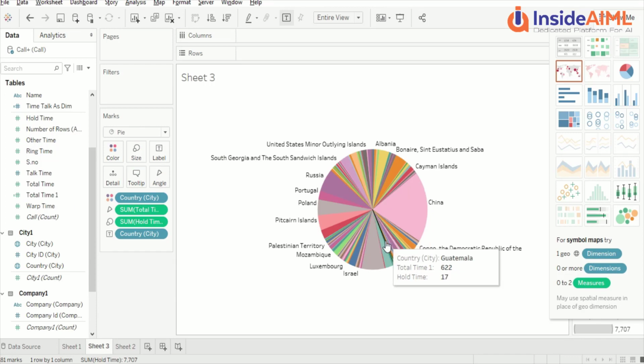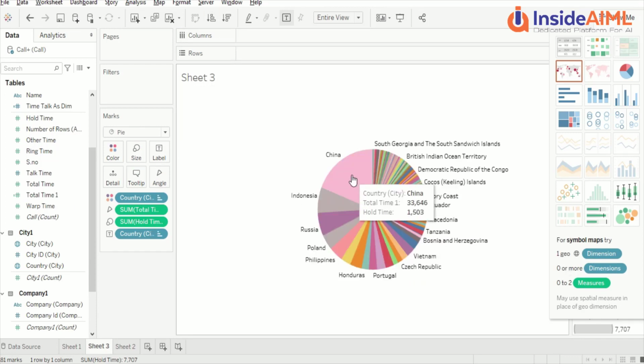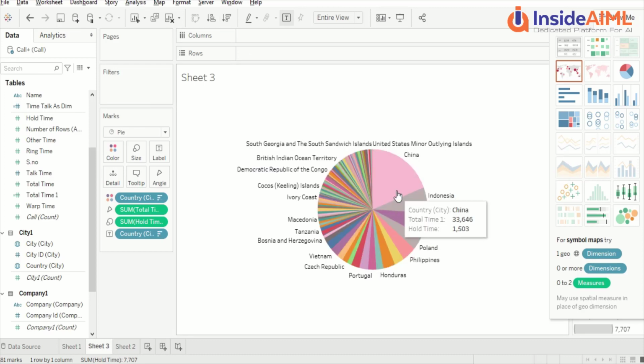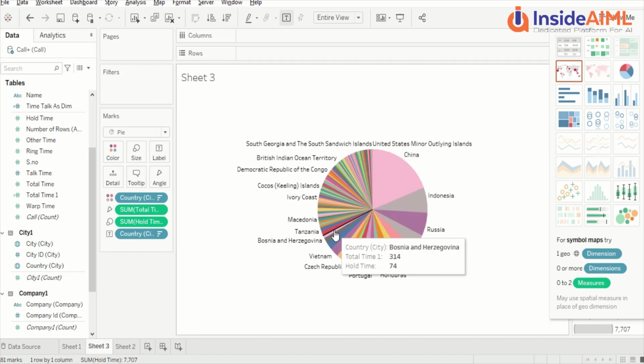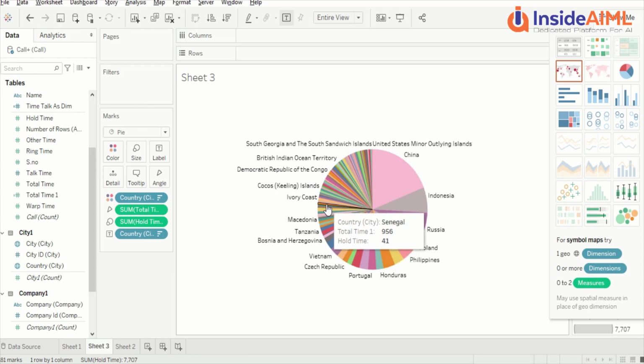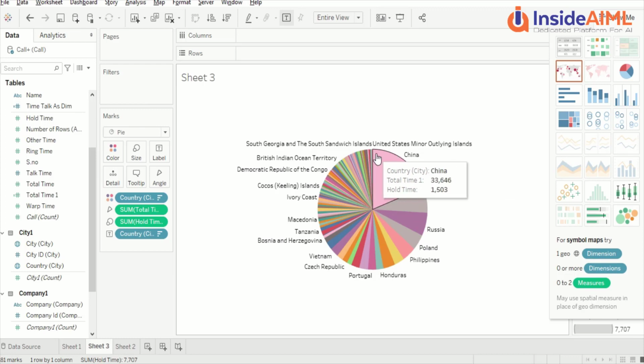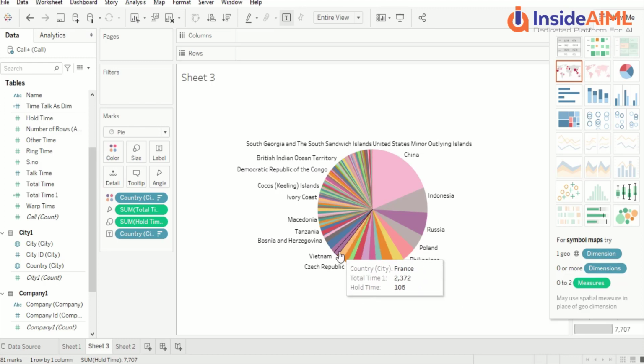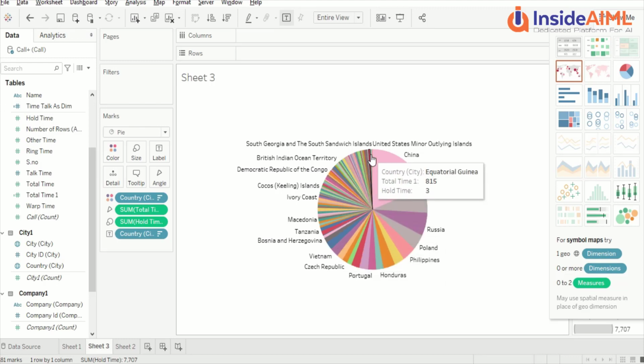Then I will be able to see. So now you see, the pie visual is best where you can see which data is smaller or bigger. I sorted it from the top, and there are two sort options available. You can see that I am able to look at all these smaller pie chunks. This shows that China is biggest, followed by Indonesia, Russia, Poland, Philippines, and all these countries. And then we can have percentage of total and all those things also. Okay, so this is the pie visual.